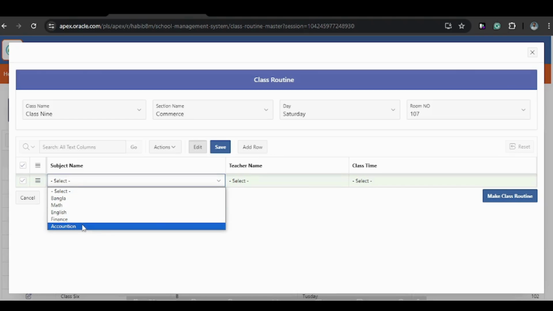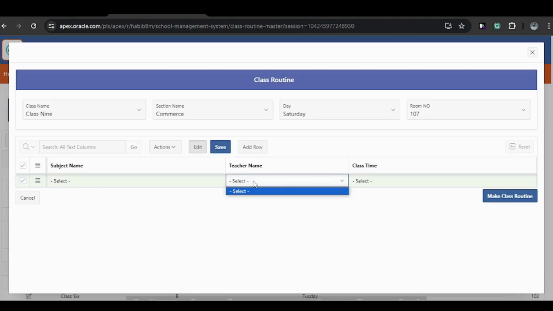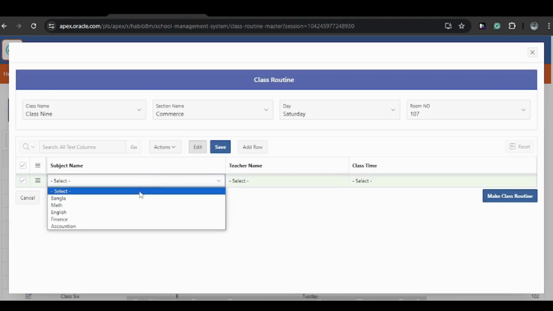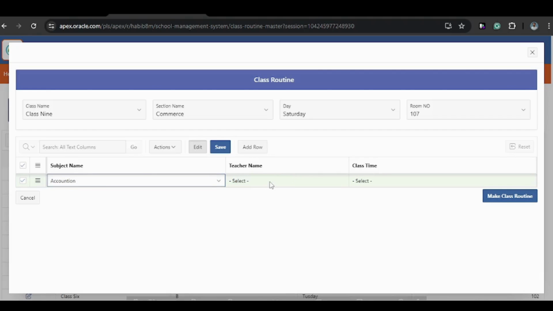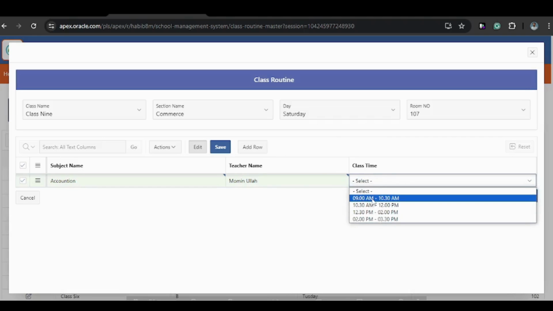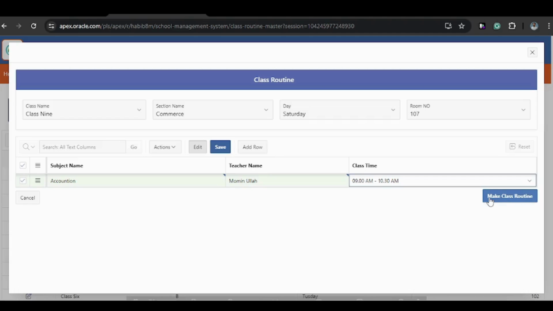If I select, look at this, no teachers are available right now, right? No class time. If I select the subject, the teacher is shown here, Mominullah. If I select the teacher name, then the teacher's available time will show here. These 4 slots are available for Mominullah today, Saturday, right? If I select this and make a class routine,